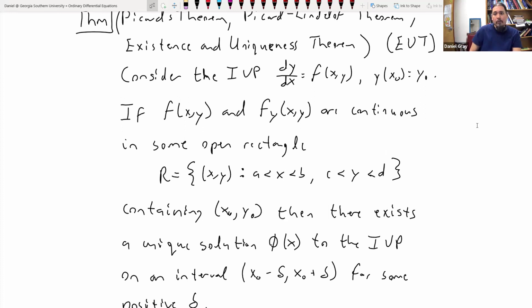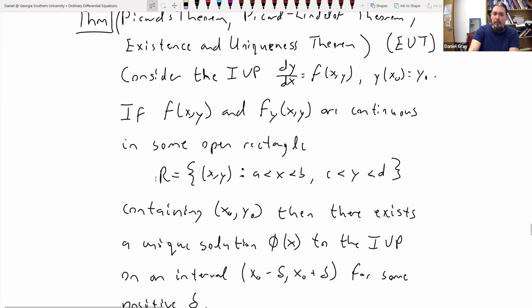And so the existence and uniqueness theorem gives us conditions under which we can say that this first order IVP has a unique solution. So here's how it works. Let's consider the IVP dy/dx equals f(x,y). So it's a first order ODE with one initial condition, right? So if f(x,y) and the partial derivative of f with respect to y, f sub y of (x,y), are continuous in